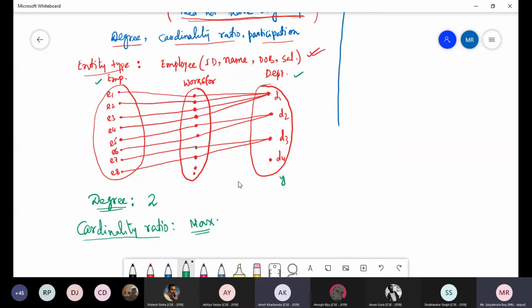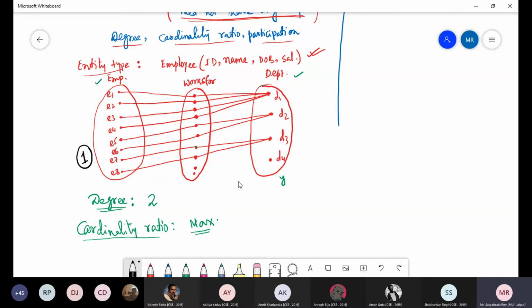I'm not mentioning the entity set. Each entity. Employee is the entity set, and E1, E2, E3, E4, E5, E6, E7, E8 are the individual entities. So each entity can participate with at max how many relationships? One only. So exactly one. So one will be the cardinality for this employee entity set.